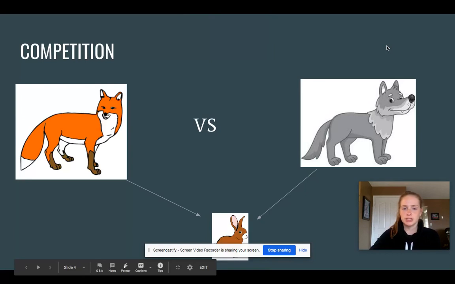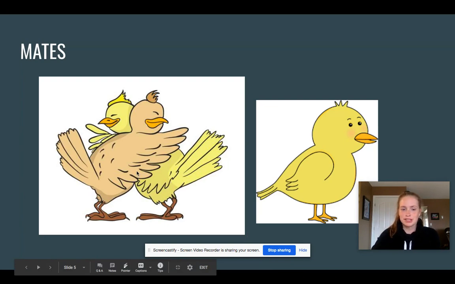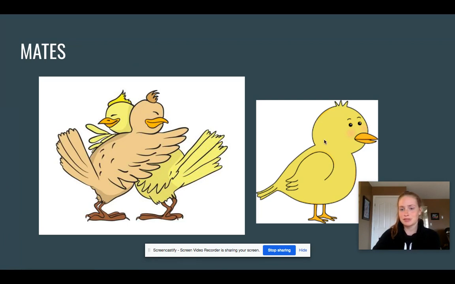For competition, we can see that a fox and a wolf will both eat a rabbit. So for that reason, in some situations, they might fight against each other for this rabbit. We also have mates. For example, these 2 birds will most likely reproduce and increase the population of birds, whereas